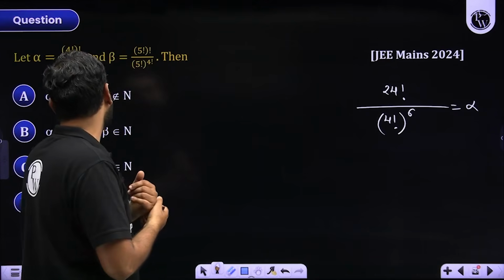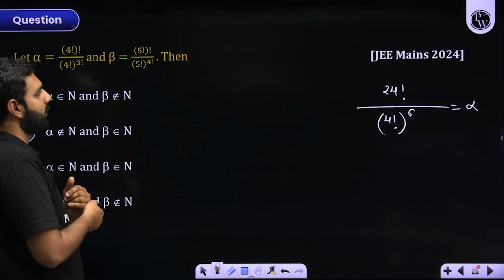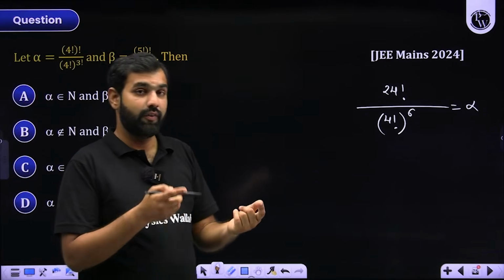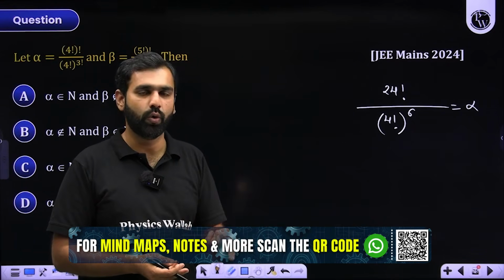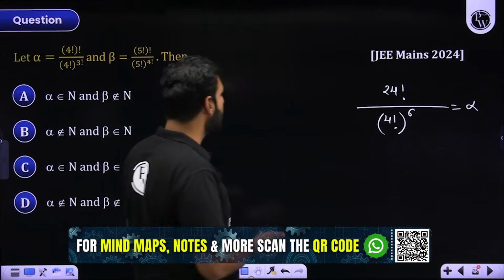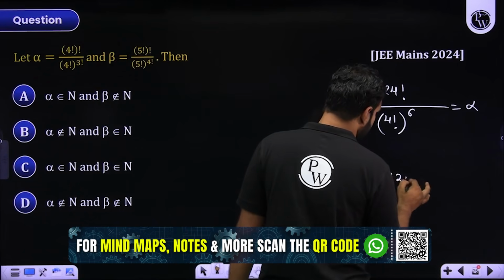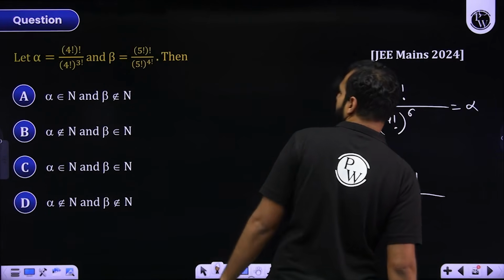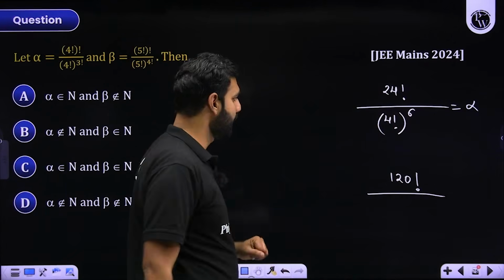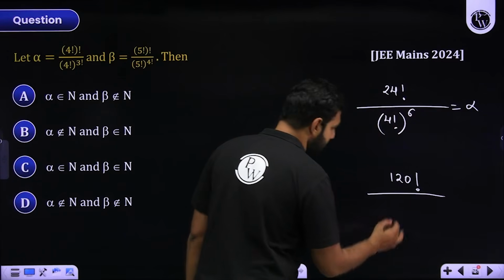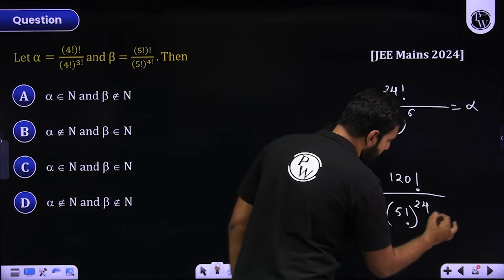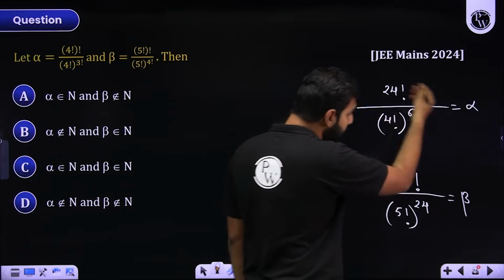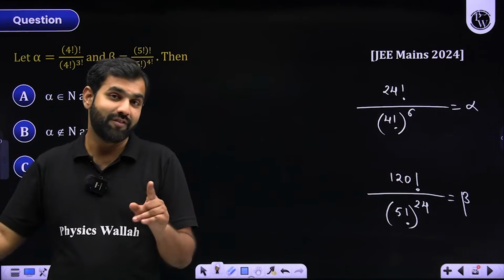Beta is (5 factorial) factorial. Okay, what is 5 factorial? 4 factorial is 24. So if I multiply 24 with 5, I'll get 5 factorial. I hope you're understanding the motive. So 24 into 5 is 120. So the numerator has 120 factorial and the denominator has 5 factorial to the power 24. Now, by looking at this, you may be realizing something which we have just discussed